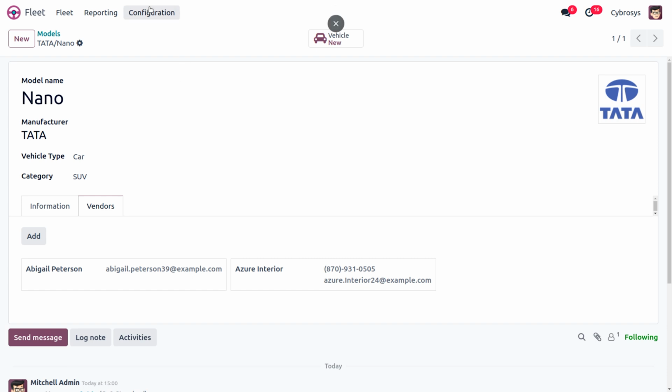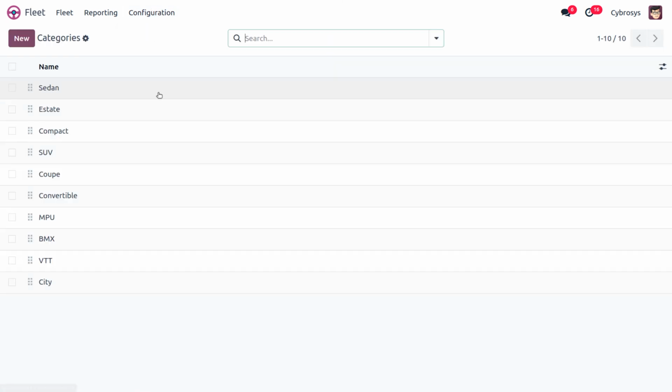from here. Now, when you move on to the categories here, you would be able to find model category. The model category will allow you to organize a fleet, and it is recommended to have a model housed under a specific category, in order to easily see what kinds of vehicles are in the fleet.